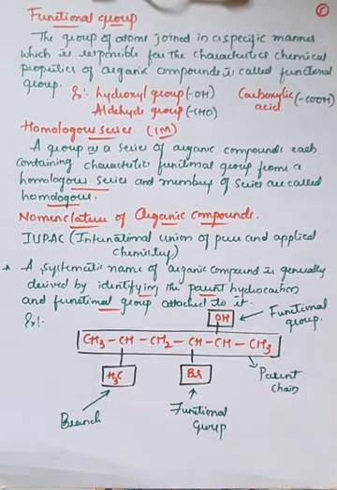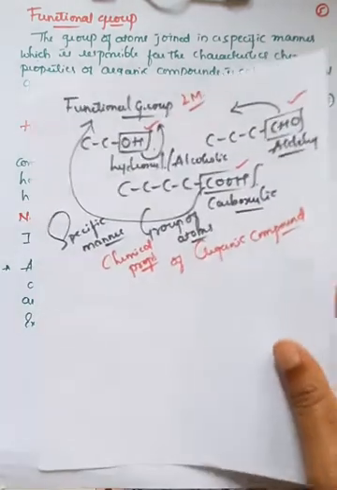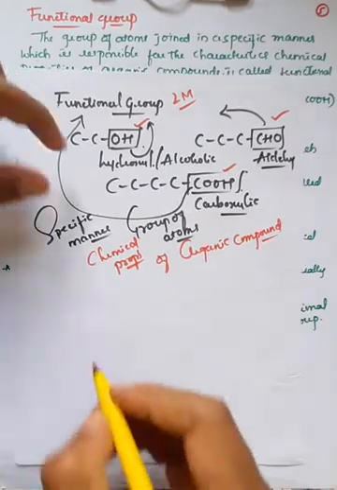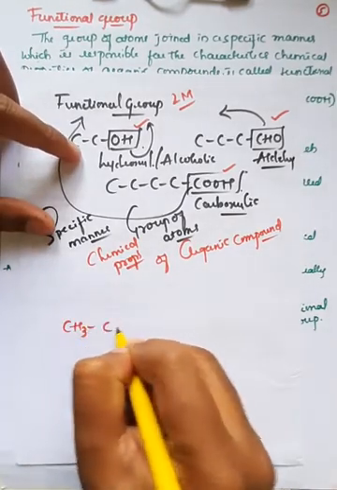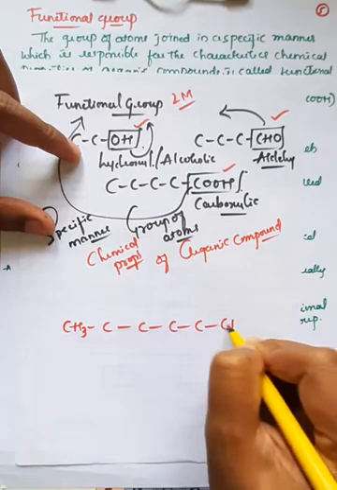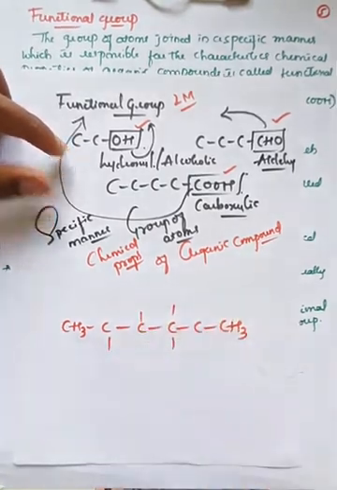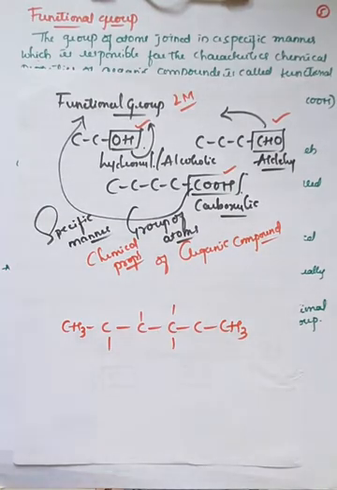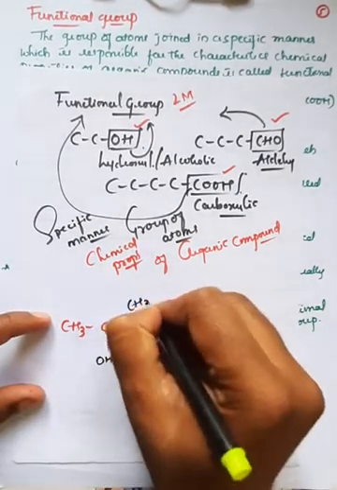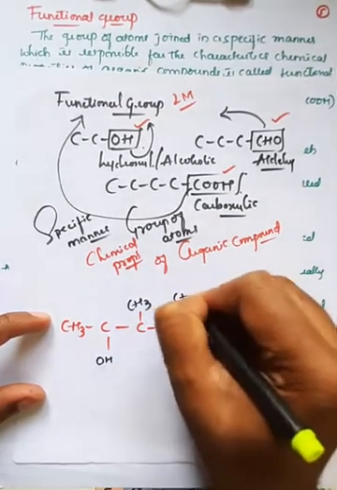Observe here. Before the nomenclature of the compound, you must count the carbon atoms and analyze which is the longest chain. The longest chain is generally called the parent chain, right? So I'll write the same example here, or we'll go with another example, that is CH3, C, C, C, and this is CH3, and here like this. One side it is bonded with the OH group, one side it is a CH3 group. So this is also CH3 and this is CHO, right?